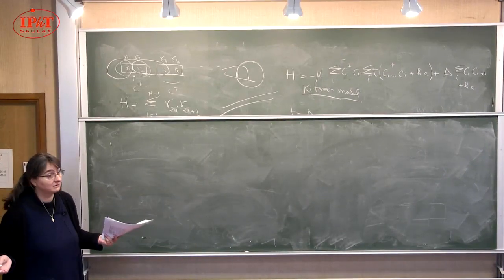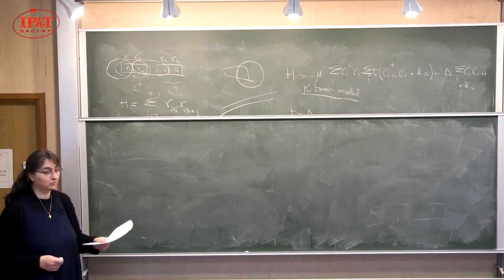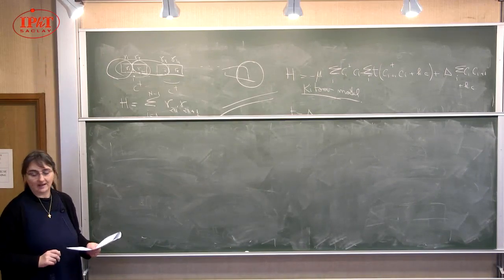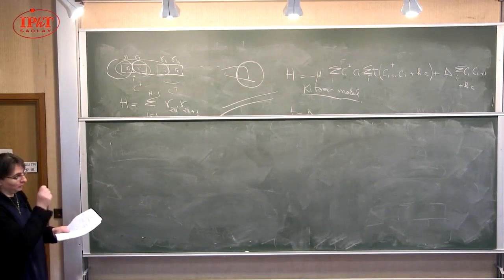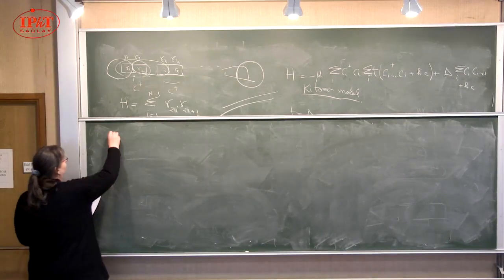Let's look at the eigenstates. What are the eigenstates of this Hamiltonian? It's a lattice Hamiltonian, so let's look at the solutions of the lattice Hamiltonian. And again, I'm going to talk a bit more about the actual technique next time. But so if I do a